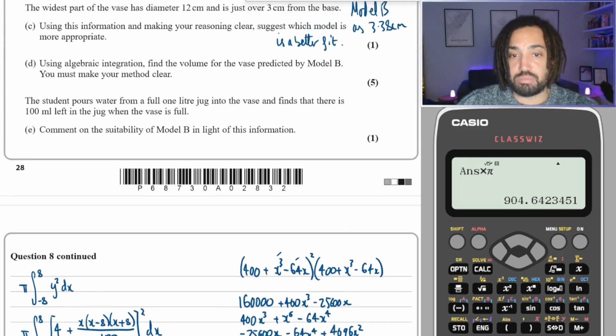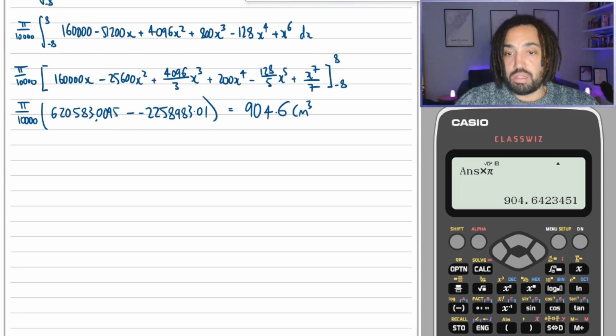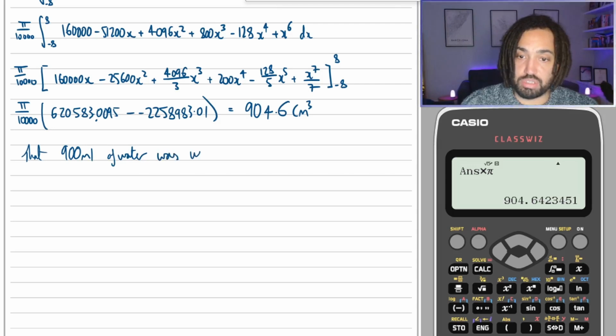Okay, next part says the student pours water from a full 1 litre jug into the vase and finds that there is 100 millilitres left in the jug when the vase is full. Comment on the suitability of model B in light of this information. Well, this shows that 900 millilitres of water was used, which equals 900 centimeters cubed of volume,